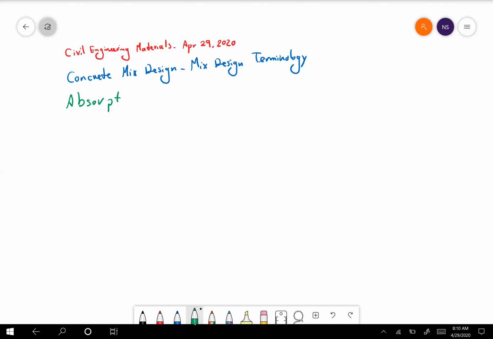Okay, so we will talk about the mixed design process of the concrete, and before that, we just need to verify some specific terminologies for the mixed design process. The first one is